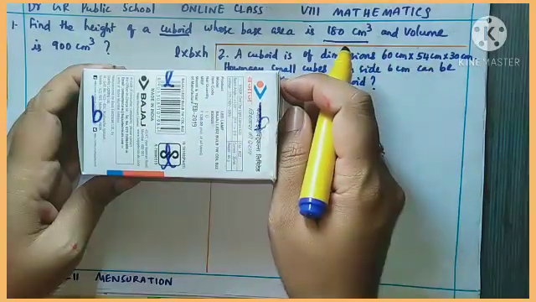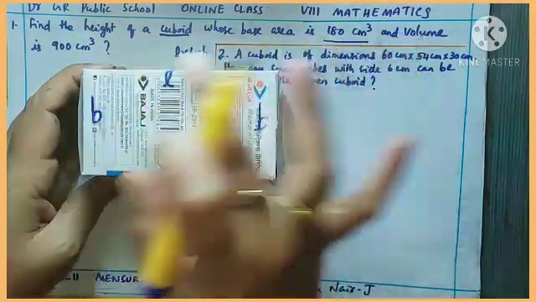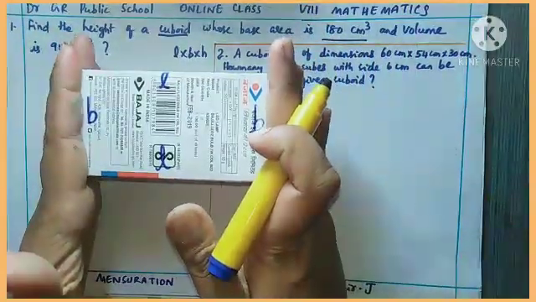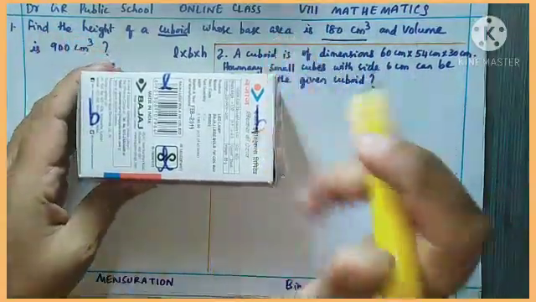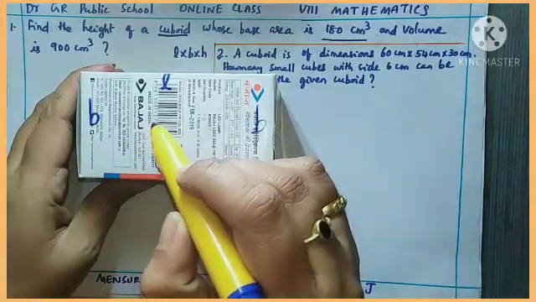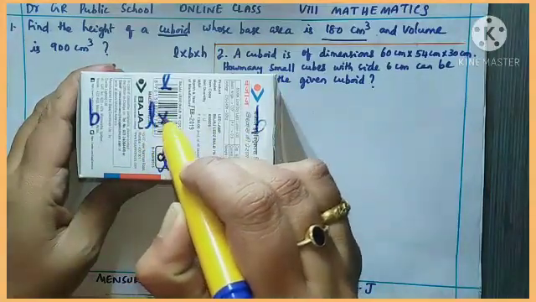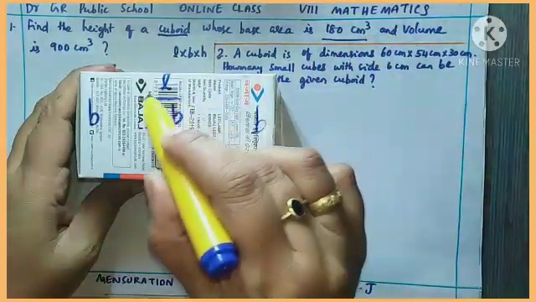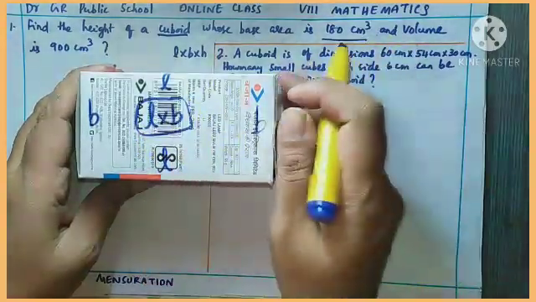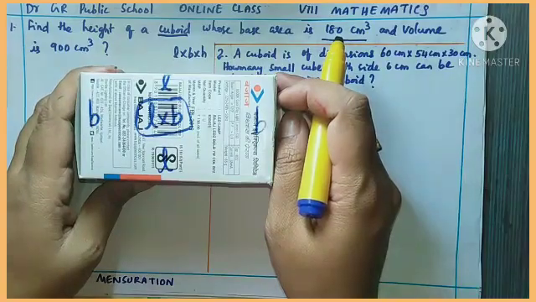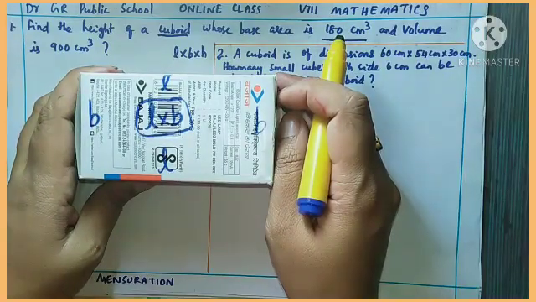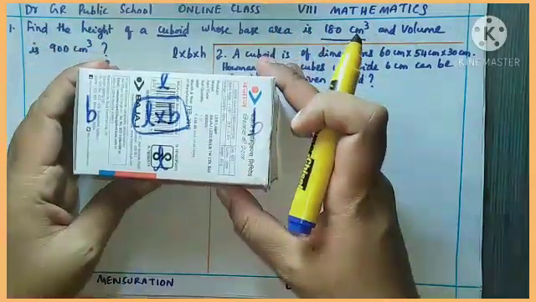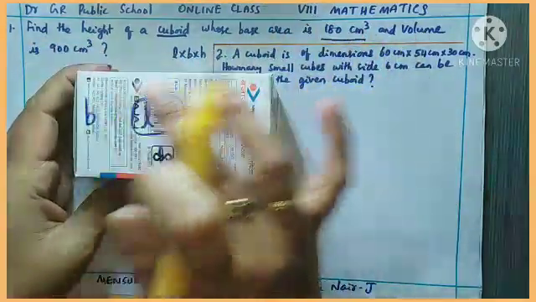Correct? So in a rectangle, what is the area? So this is now the base of the cuboid. What is the area now? Yes, you know area of a rectangle is equal to L into B. So this L into B is the base area of the cuboid. Understood? Okay. So here actually the base of the cuboid is in the shape of a rectangle.